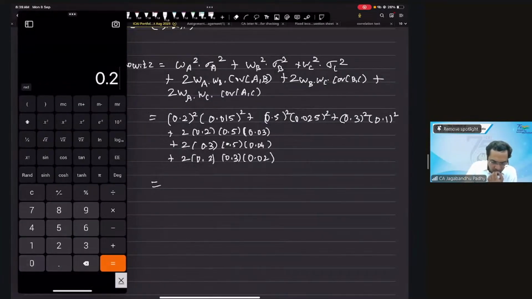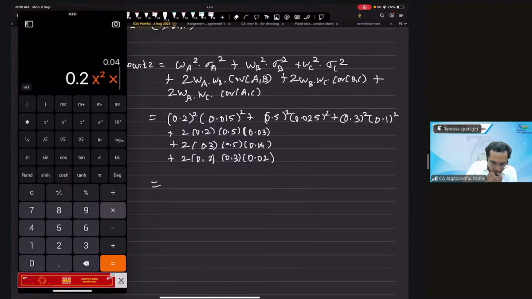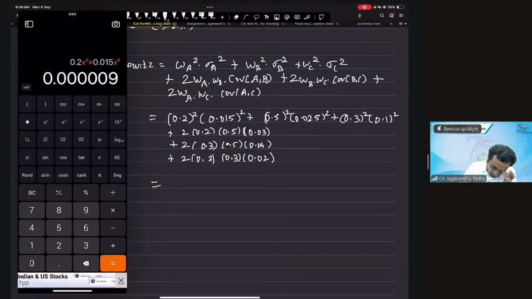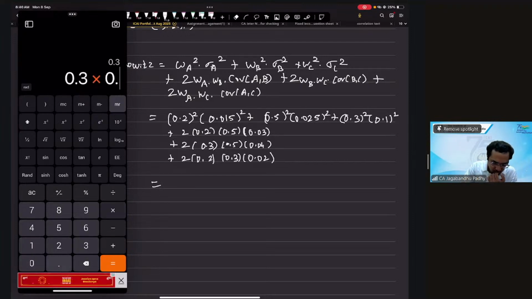Yeah. 0.2. There is no memory, right? So 0.2 square into 0.015 square, that's m plus 0.5 into 0.5 into 0.025 into 0.025. That's again m plus 0.3 into 0.3 into 0.1 into 0.1